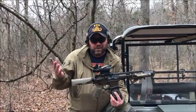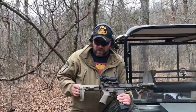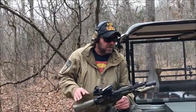We call them the Honey Badgers because mainly we use a Spikes Tactical lower receiver with the Honey Badger head on it, and it says safe, semi, don't give a shit, that kind of thing. So we just dub the pistols that we build Honey Badgers, and they come with a different array of the newer style braces. Like this one has the Gearhead Works Tailhook Mod 2 brace on it. So anyways,